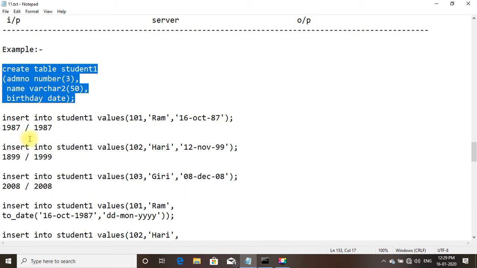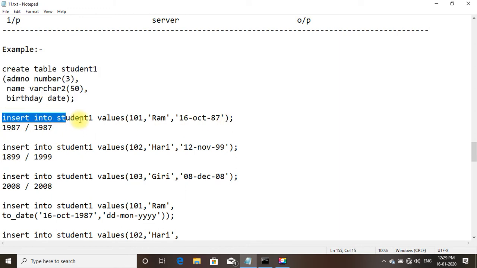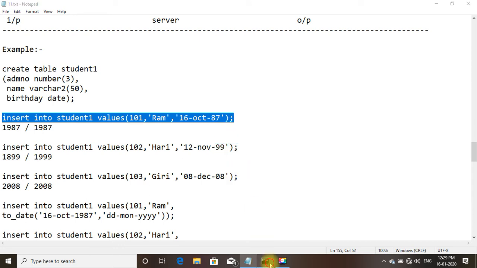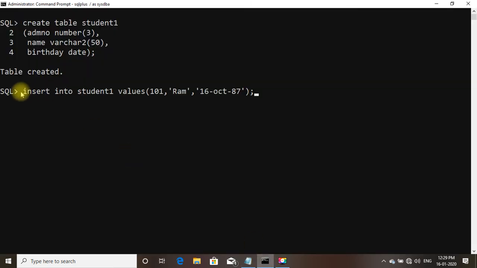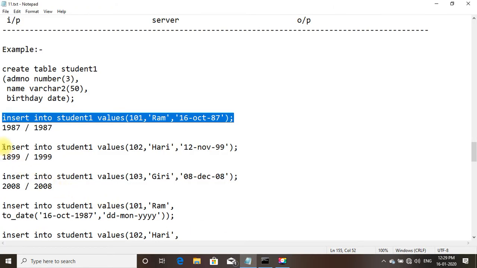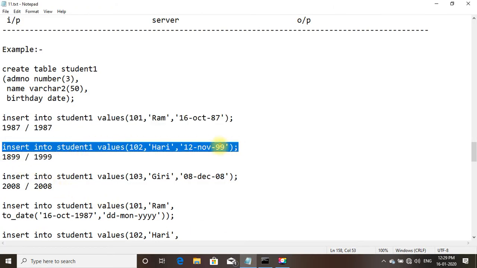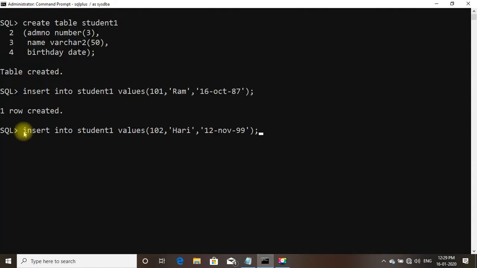Now we need to insert the values. First we insert into student values. Copy and paste. One row created. Another record, so two rows have been created.